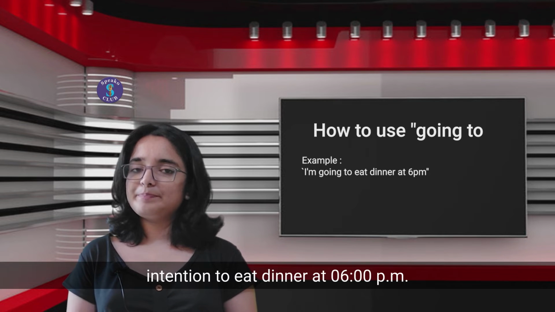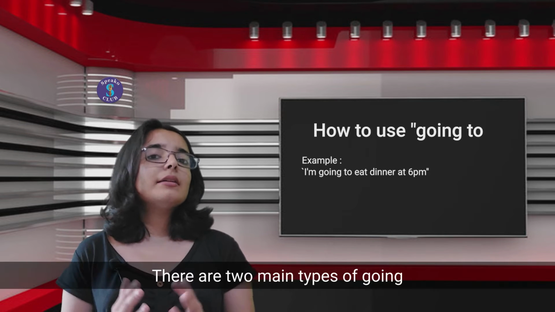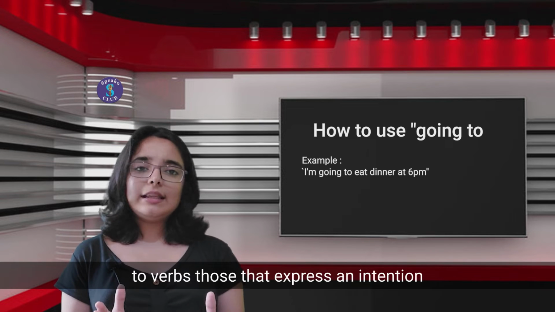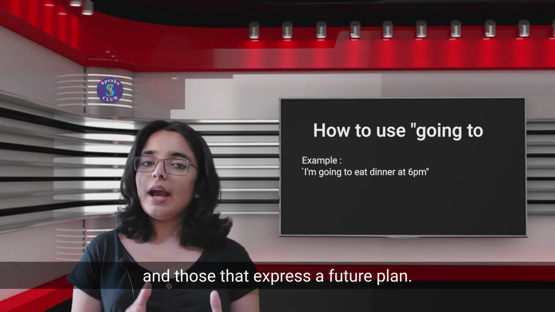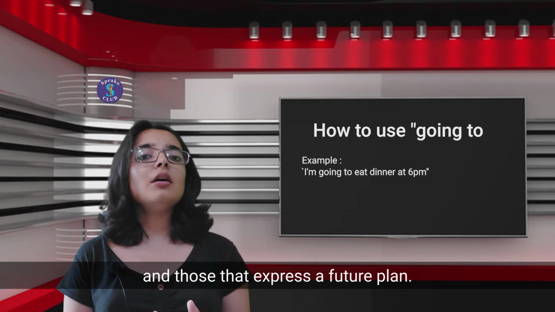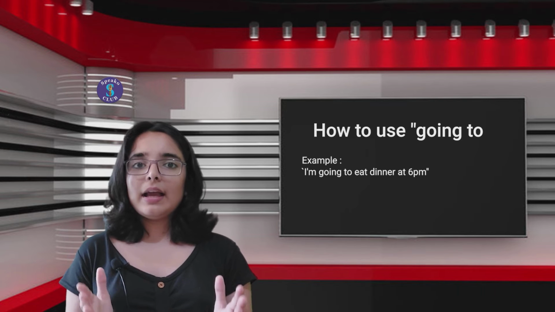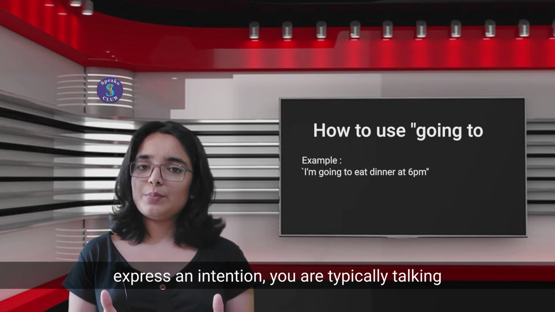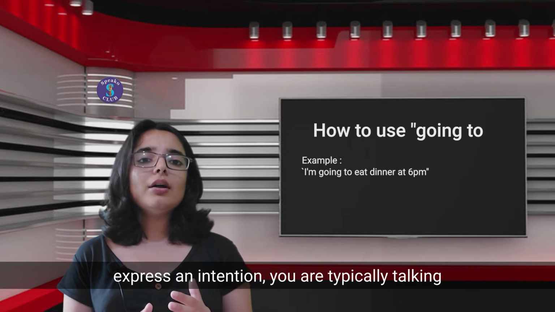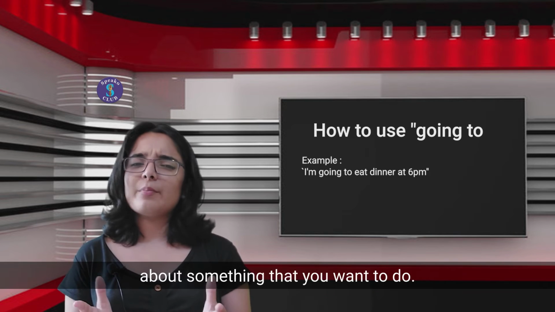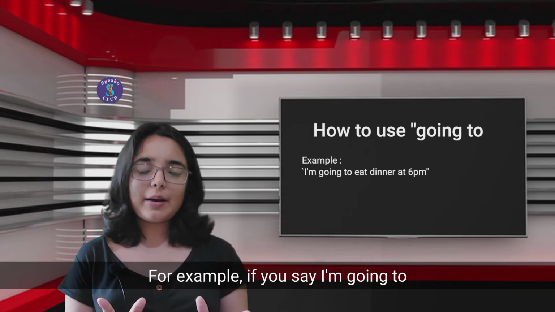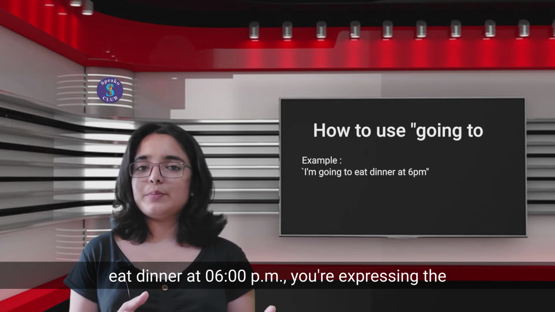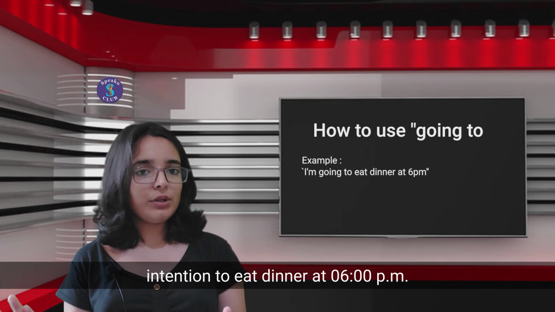at 6 p.m. Types. There are two main types of going to verbs. Those that express an intention and those that express a future plan. Intention. When you use going to express an intention, you are typically talking about something that you want to do. For example, if you say, I'm going to eat dinner at 6 p.m., you're expressing the intention to eat dinner